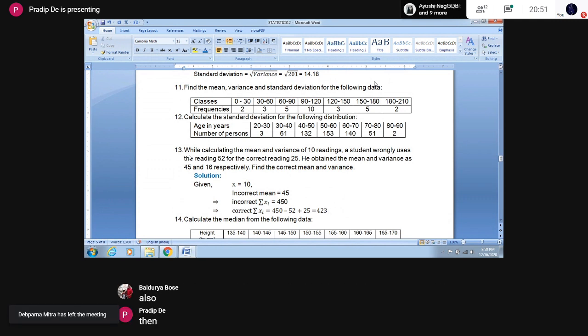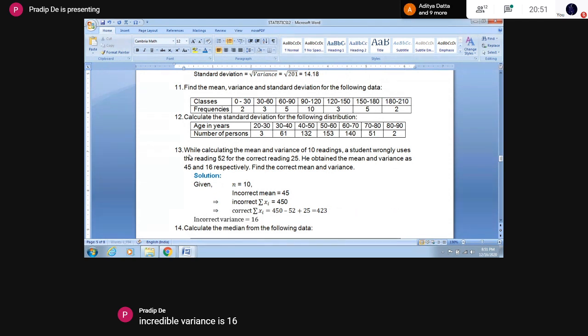Then incorrect variance. Incorrect variance is 16. It implies